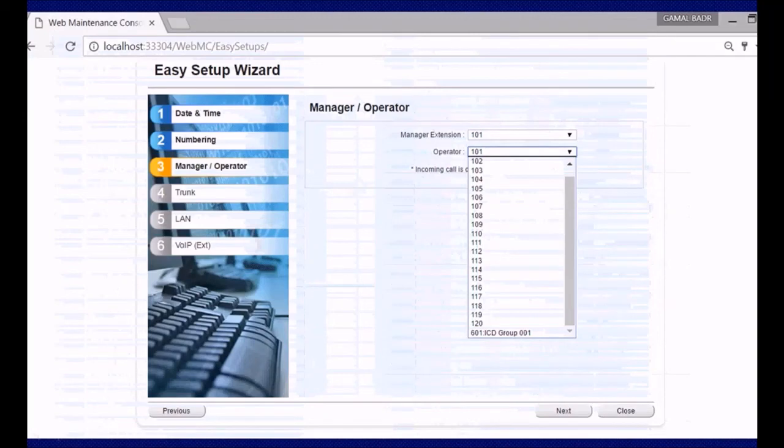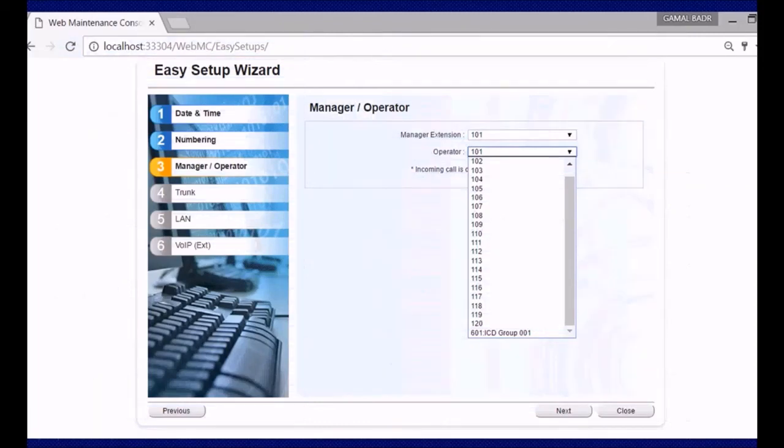Next screen will be for operator and manager. You can select any extension to be manager and any extension to be operator, and for operator you can also use incoming call distribution group. Operator connection and programming have a separate video which is located on the internet